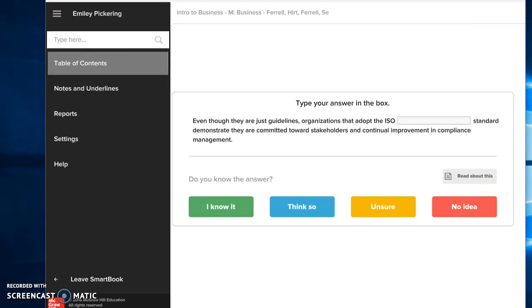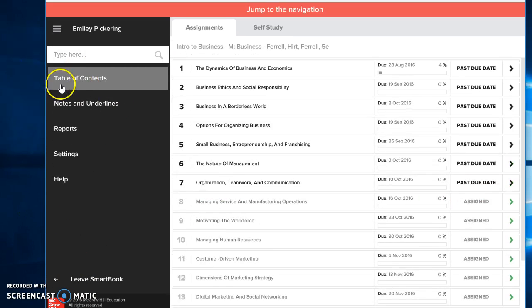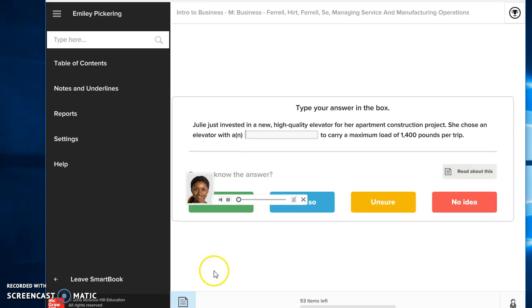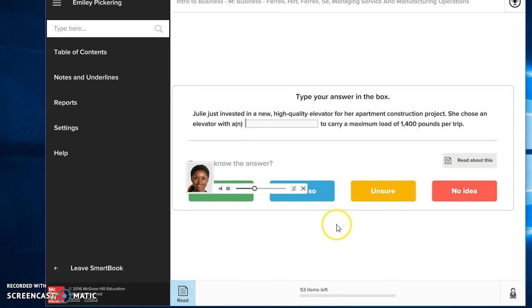The table of contents is going to tell you where you need to go. Oops, I'm back to the original table of contents, I'm sorry. Let me click on chapter 8. And it's going to ask you,